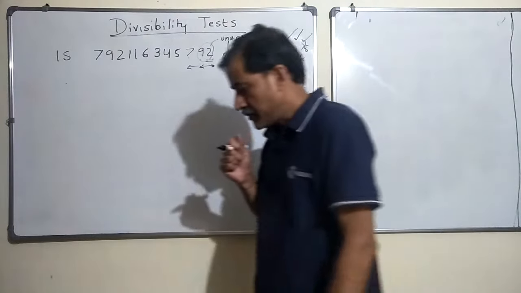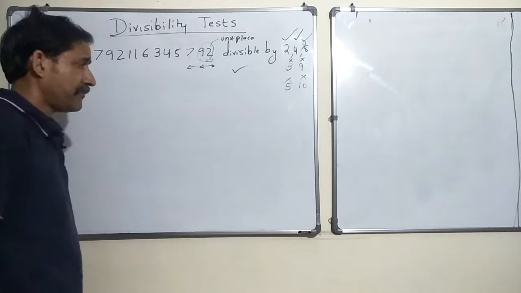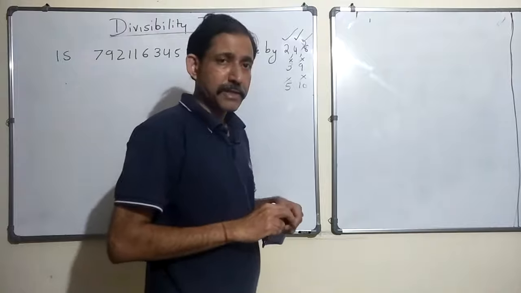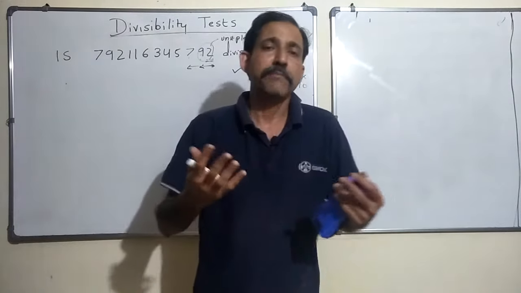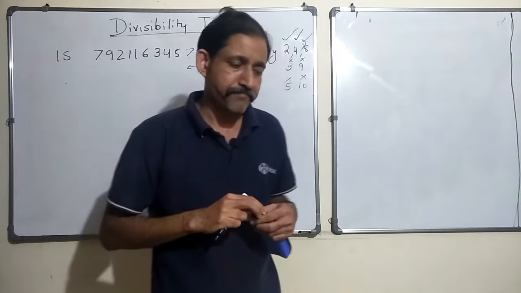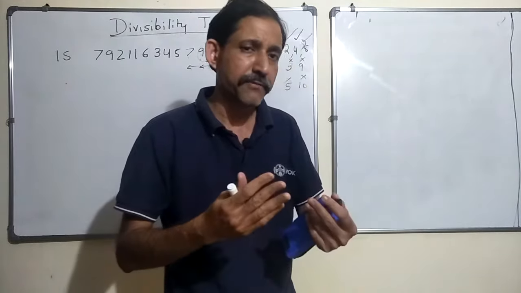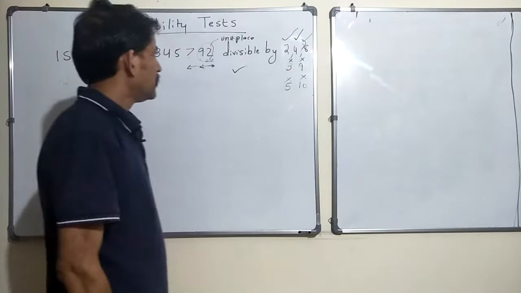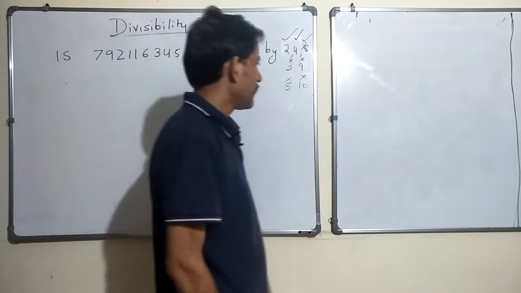So we studied for 2, 4, 8, 3, 9 and 5 and 10, okay? I guess this is a trivial case and there is no need for proof because you can imagine it. If you say the tables of 5, 5 ones are 5, 5 twos are 10, 5 threes are 15. So the digit in the unit place is either 5 or 0. So the same thing applies. You don't have to divide the entire number, just look at the last digit, right?